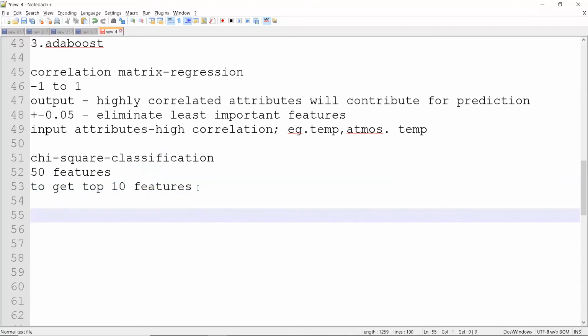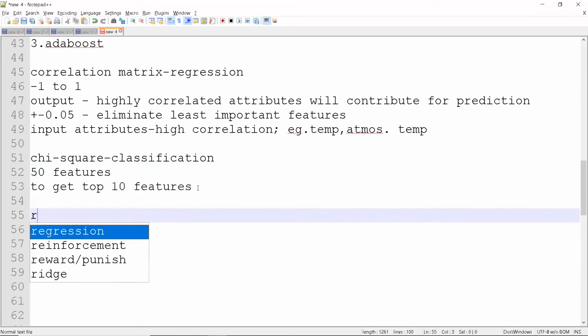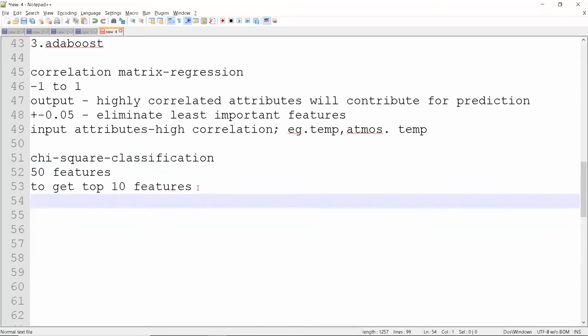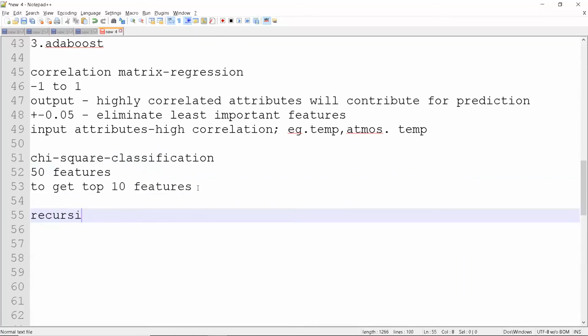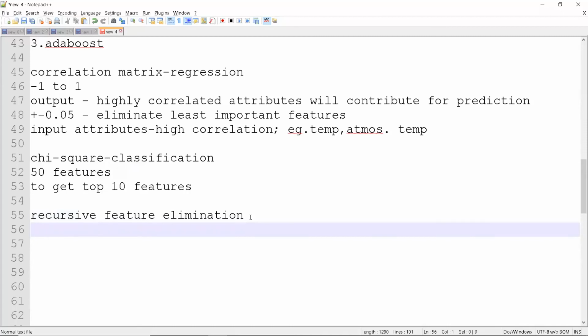Now, apart from this, you have another technique called recursive feature elimination. What it actually does is it will train with the whole set of features, and recursively it will eliminate one feature at a time.